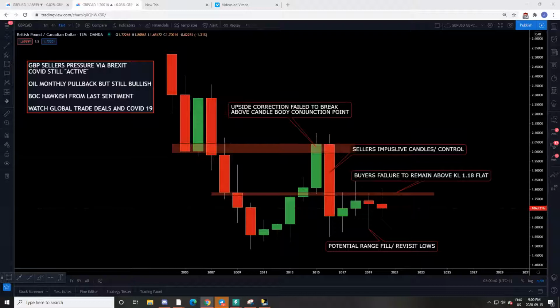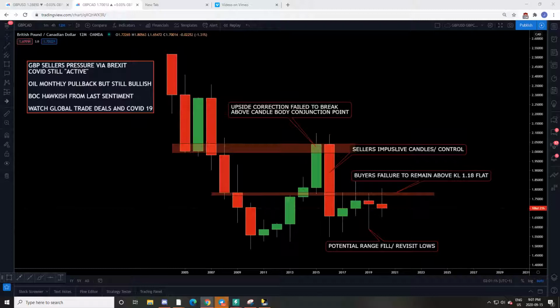So, as you may know, there is still a lot of seller's pressure on GBP due to the negative pressure coming from Brexit. COVID is still active in the markets, even though its impact is starting to get waved off, and it's already done what it's meant to do to the financial markets, as we talked about, that greatest transfer of wealth. But it's still relevant. It is still something that is active. We have to monitor that, as it can bring back mass fear sentiment.